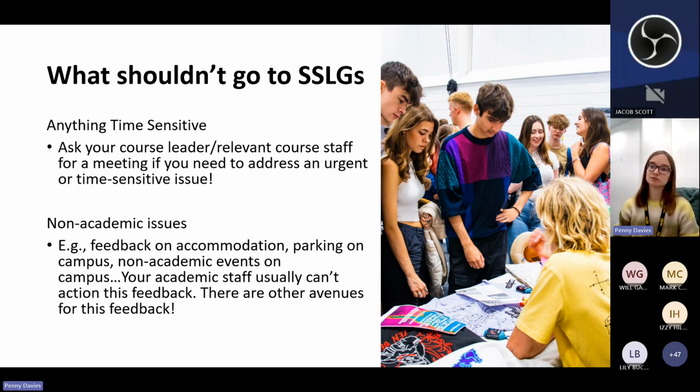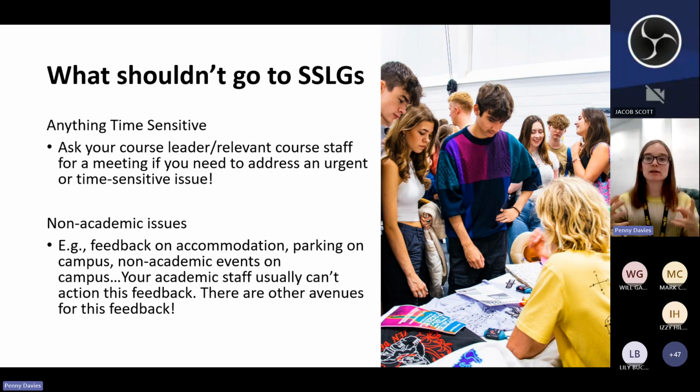You may also have feedback that you get from students that is related to non-academic issues. Non-academic issues in particular might concern accommodation, parking on campus, non-academic events on campus, and so on. Anything that technically involves catering and accommodation on campus is normally to do with FX+, who are not related to your course staff, essentially.